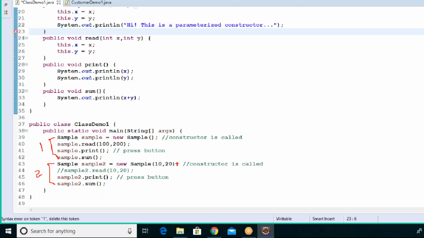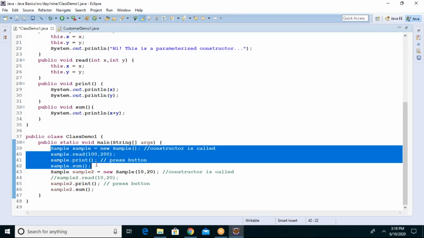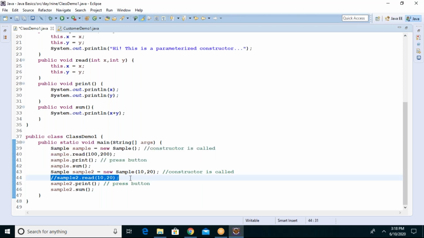Guys, I'll come back. See, this is superb. Why? Very simple. Tell me how many lines are doing the work. How many lines? 1, 2, 3, 4. Remove this.